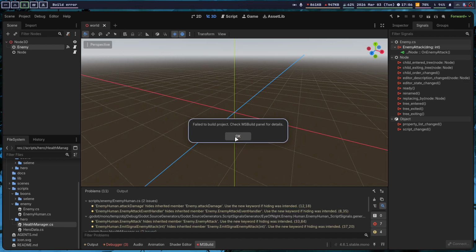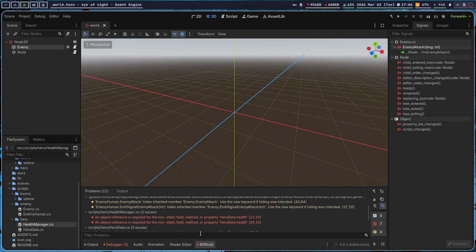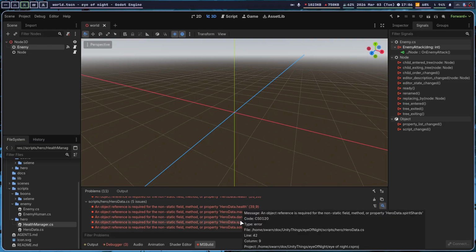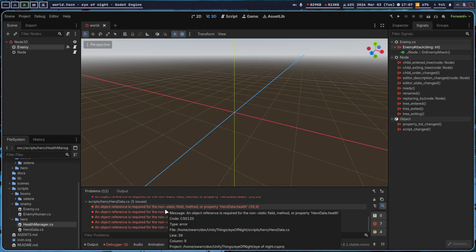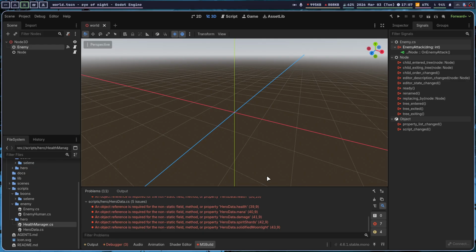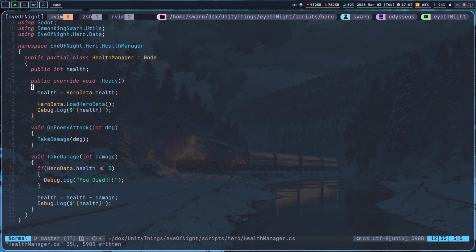we would be able to use save file for it. Where's the ms build? Hero health mana. Okay, nice. Alright, we are creating this